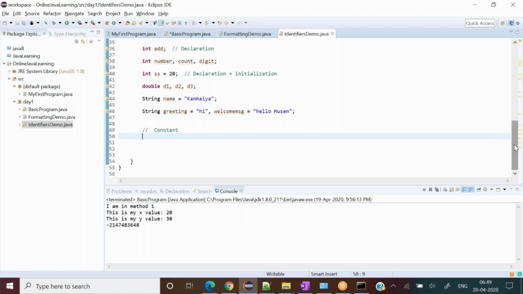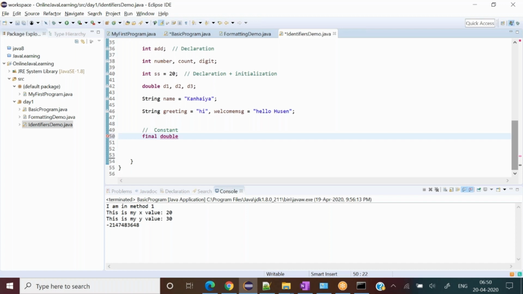So constant, you already know, like something that cannot be changed. Like sun rises in the east, we cannot change it. So in our programming language also, when we are absolutely sure that this is not going to change, we should always define them as a constant. And there is some good to follow practice behind that. And one thing is for sure, we have to define the final keyword.